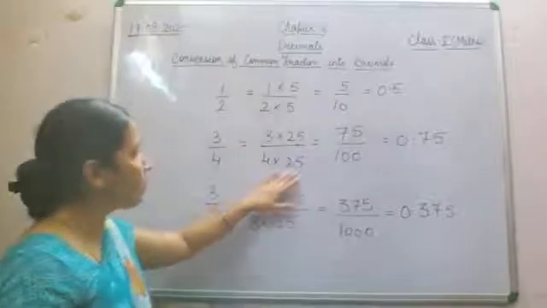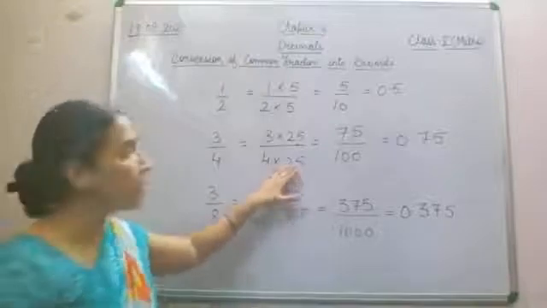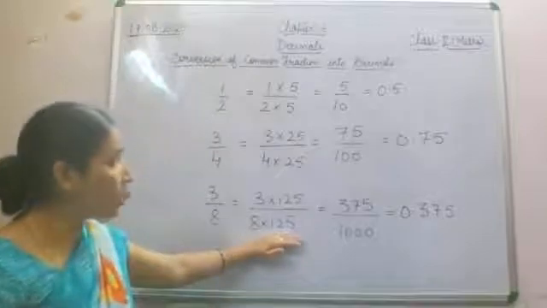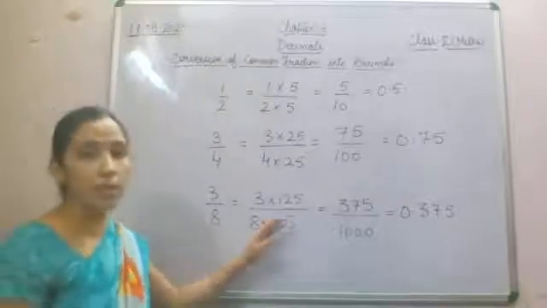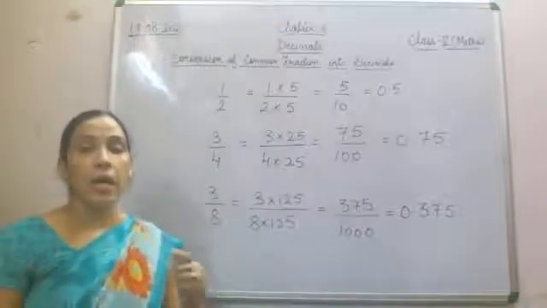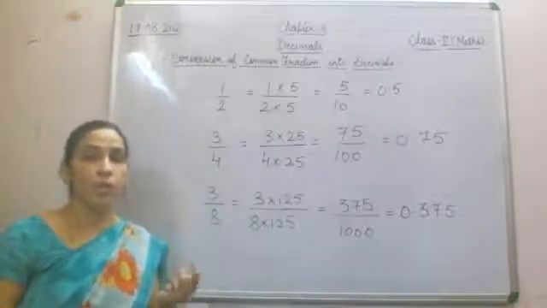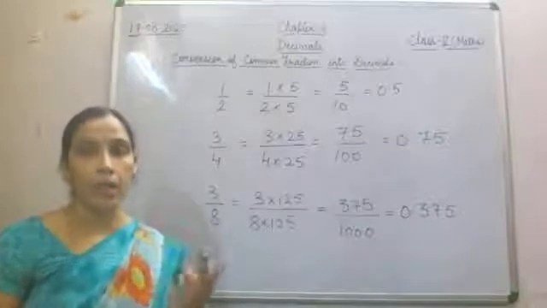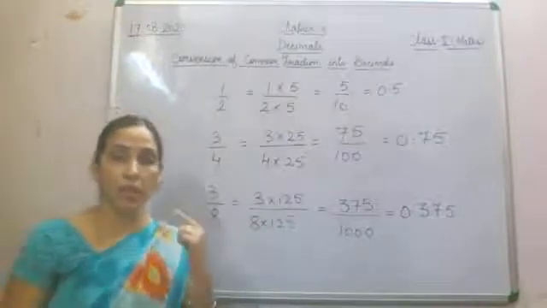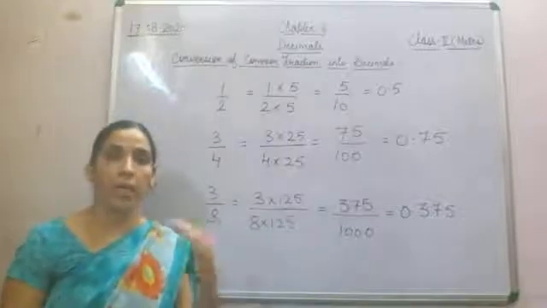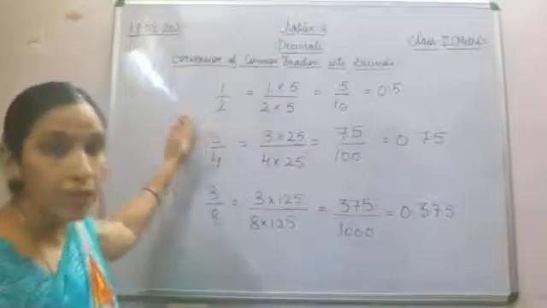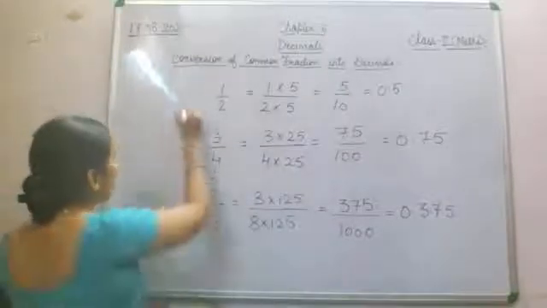If you are multiplying 25 in the denominator, that 25 will be multiplied in the numerator. If you are multiplying 125 in the denominator, then 125 will be multiplied in the numerator. And what do you require in the denominator? 10, 100 or 1000. So that will only be your decimal place, that is 10, 100 and 1000. So what we have done in this A part, in this first question,